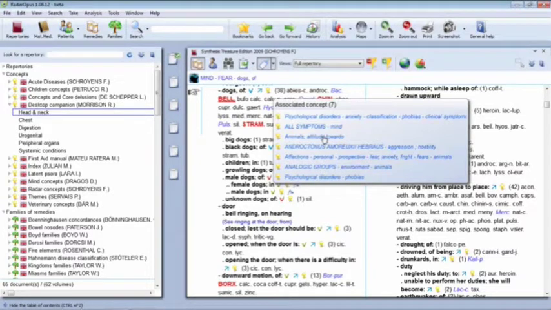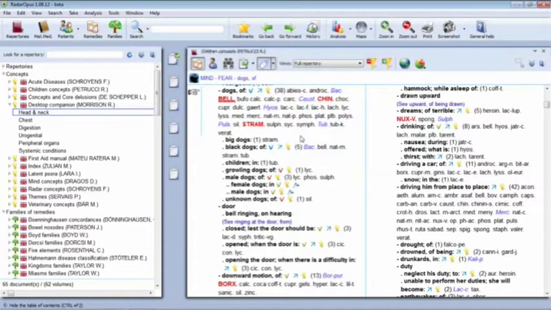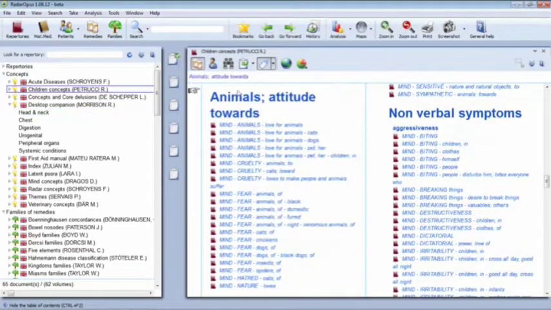If I go to attitudes towards animals and I click it, it's going to open up this particular document, which in this case, you can see in the top left-hand corner, is the Children's Concepts by Petrucci. This is specific information related to children who have issues towards animals. And I can see all the rubrics related to issues towards animals. So I can see there's a mind animals section. Under the cruelty, there's some information about animals. Under the fear, there's lots of different animals. There's hatreds of cats. There's nature loves. There's sensitive. There's sympathetic. So all the different sections of the repertory where you can find information that's tangentially related